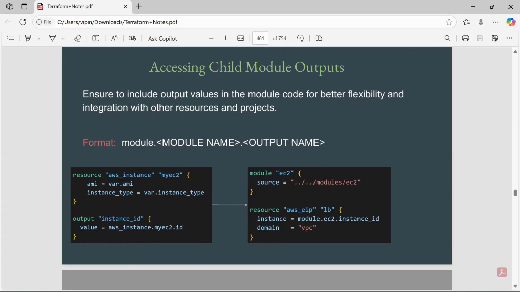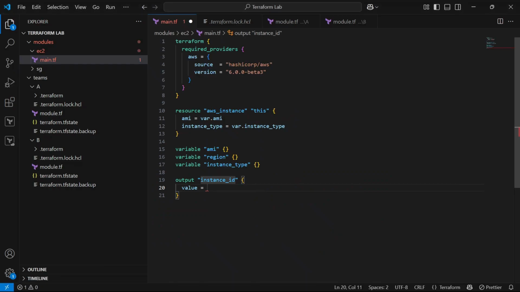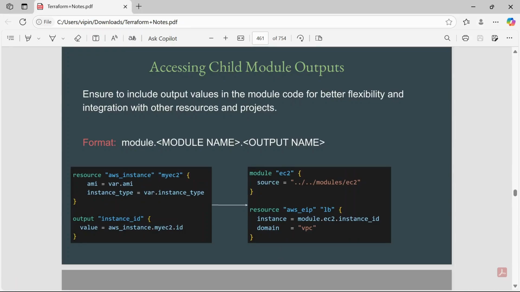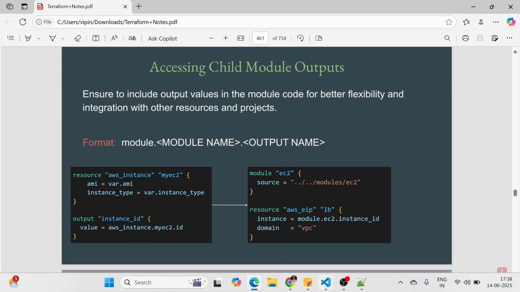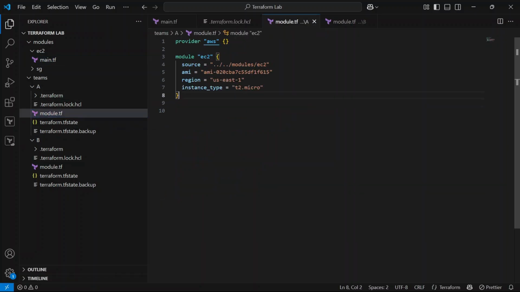What value do we have to use? aws_instance, as we can see in the document, with the local name. In the document the local name is myEC2, but in my case it's this, so this dot ID. Let's save this and go to the module section where we are calling this module.